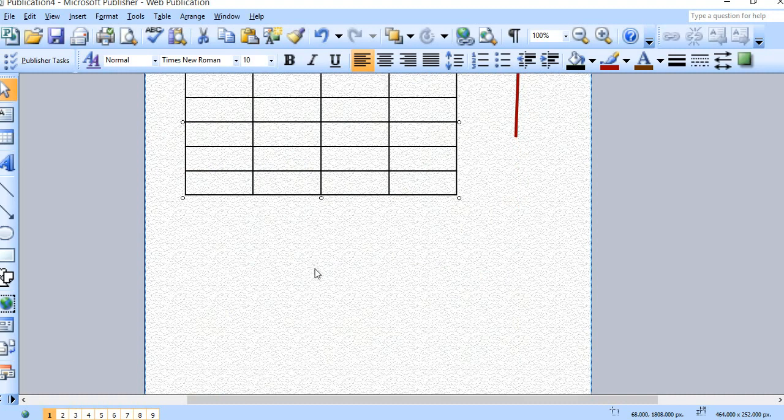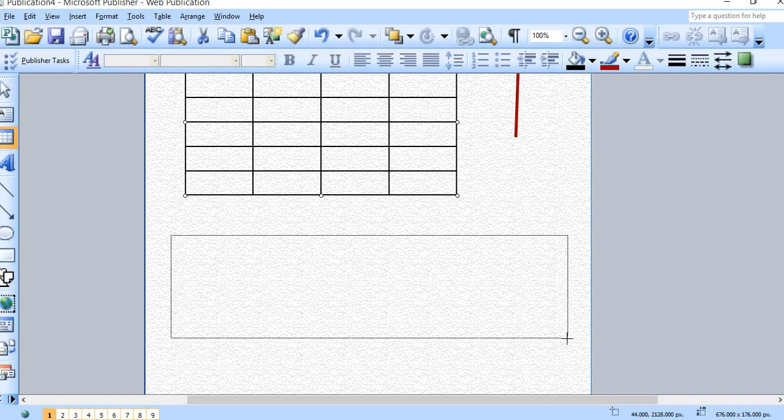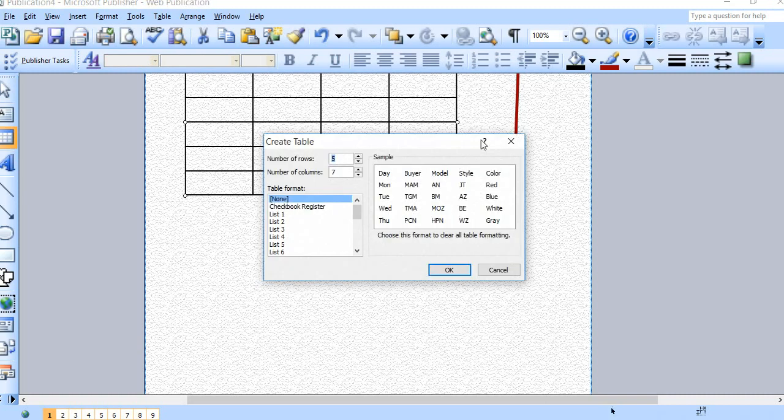So onto the process, you just go straight to insert. You go here onto the table, then you click, you can as well say let's have 10 by 7, then you say